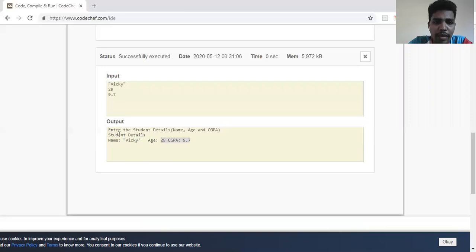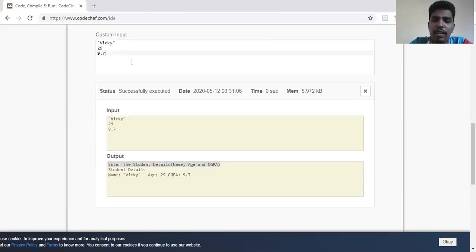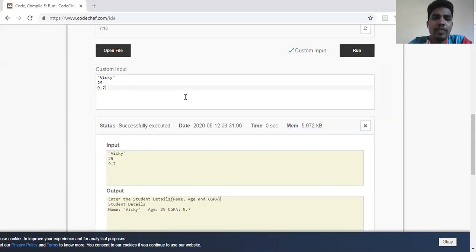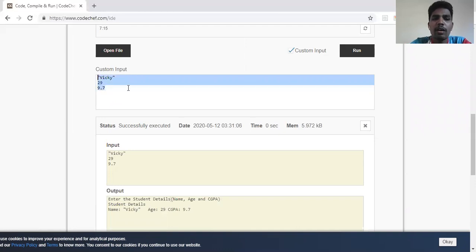You can see the output being displayed. Enter student details, name, age, and CGPA. Since this IDE uses a separate block for taking the input, normally in a static IDE like CodeBlocks or NetBeans, after this line you would be given a chance to enter your input, and then you would see the output. But since I'm using an online platform called CodeChef, the process of taking input is a little different. They access input through a separate block called custom input.